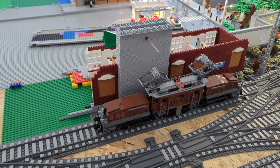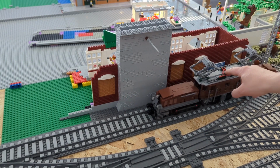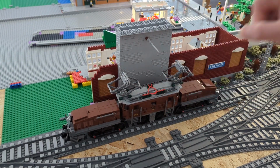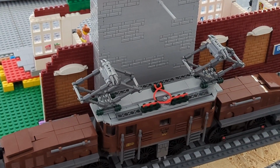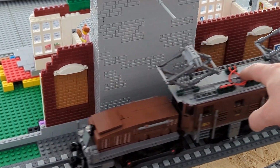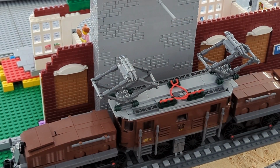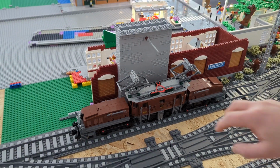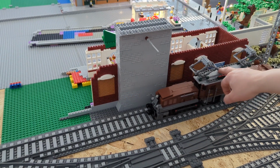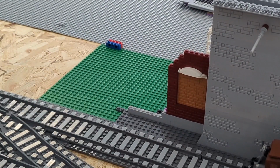Coming back, you can see I moved that locomotive. That's a crocodile. Yeah, it's an official set you can know from Lego, and I'm just checking if that is a good height here. You can see that stick going out of the wall. That's going to be the place where I want to add the overhead lines later. As you can see, it's a good height, so we can work with that,